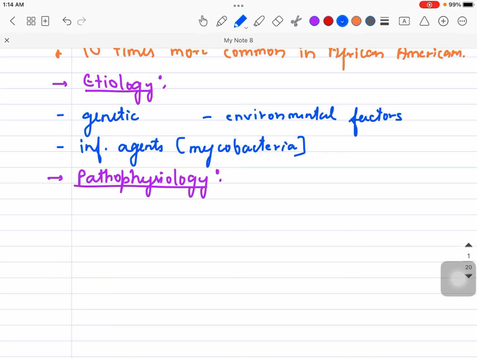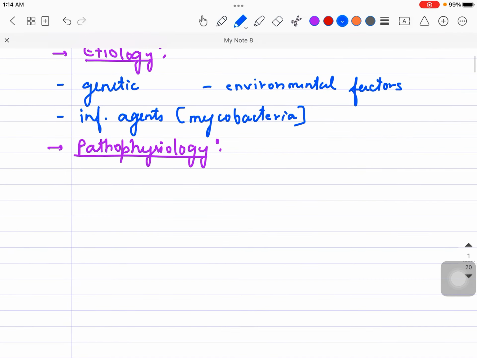But how this granuloma is forming, let's try to understand that as well. I was telling you that the T cell and B cell activity will be disturbed here, as far as the immune system is concerned. So first of all, there will be the macrophages. Let's keep it very simple. The macrophages will be activating the T helper 1 cells.